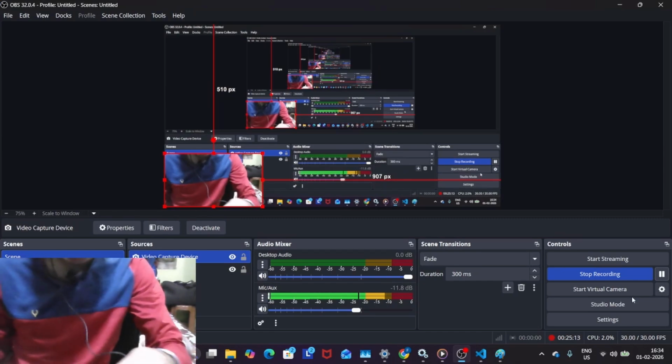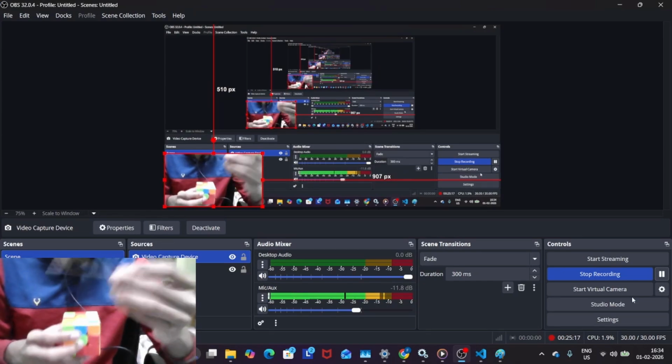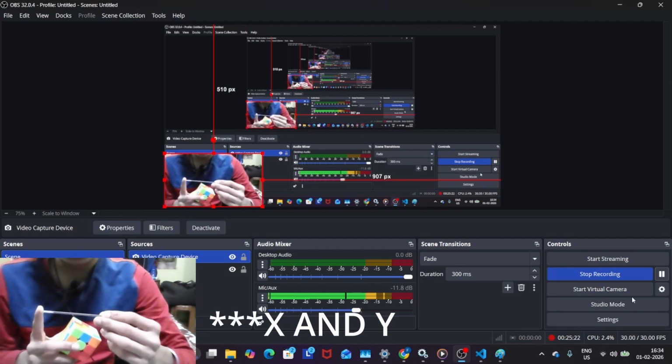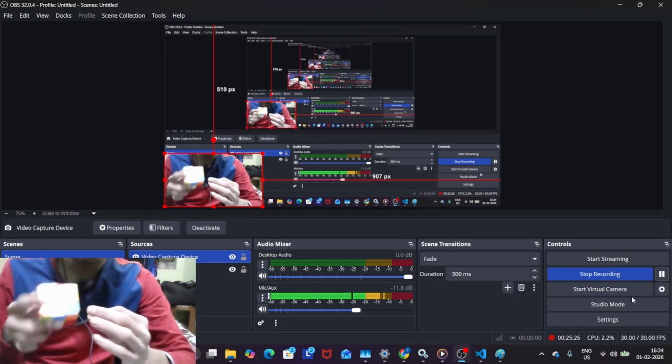So yeah, I am here. This is the Rubik's cube. For example, just take this as our y-axis, this is our z-axis, and this is back and forth. Okay, so when the cube is rotating,